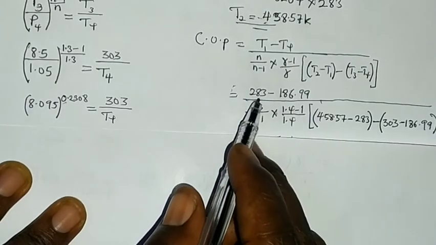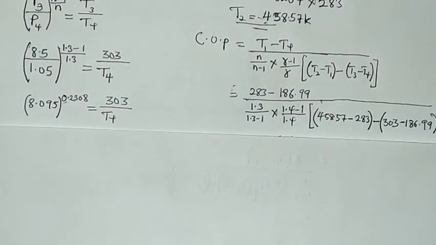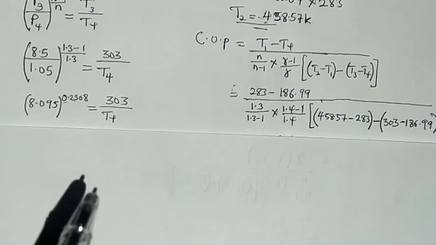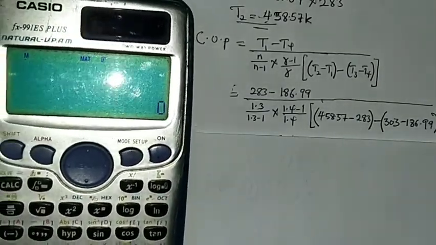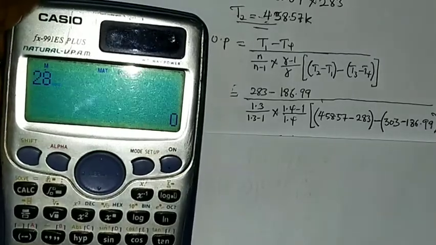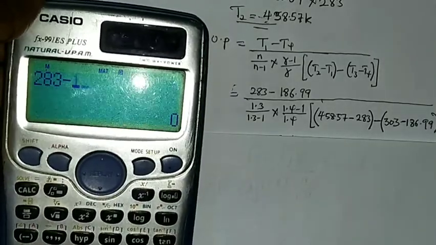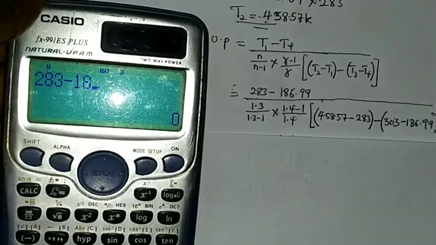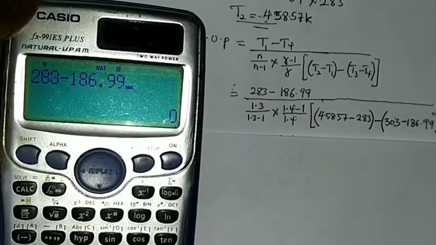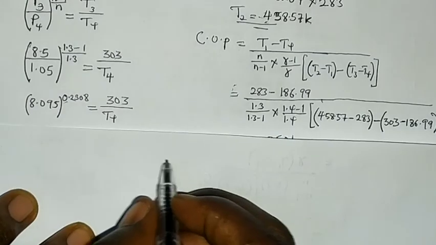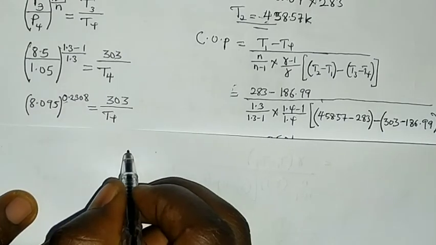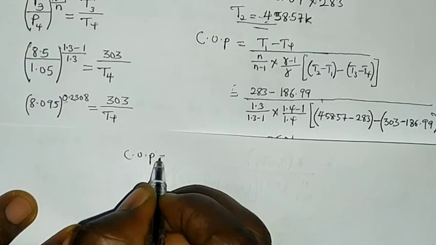If you subtract 283 minus 186.99, I'm having 96.01. So that means the COP equals 96.01 all over